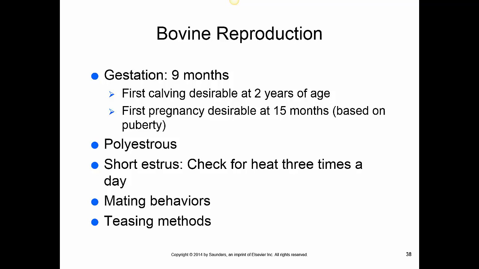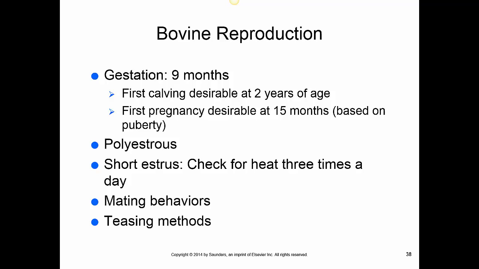In beef cattle, we have a number of years that we're going to be able to use them, and it's all about trying to produce a number of foals for a production model. They're polyestrous, so everything, dogs we've talked about have only come in twice a year on a cycle. Horses and cats have been seasonally polyestrous, meaning daylight's going to determine when they're going to come in, but